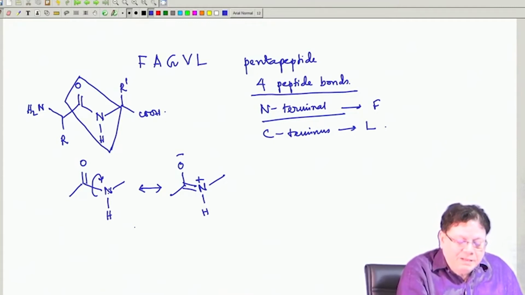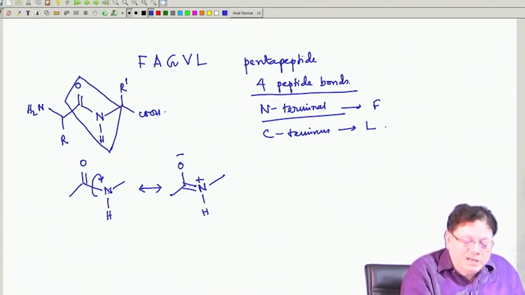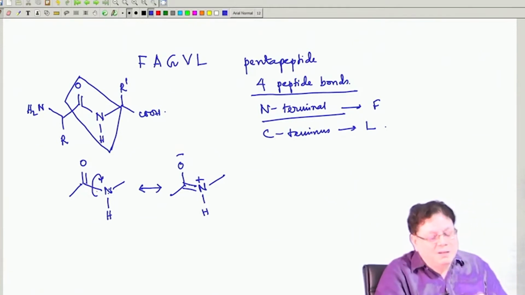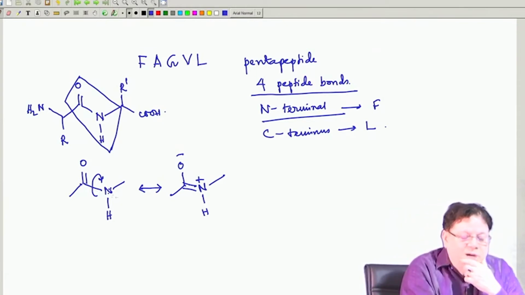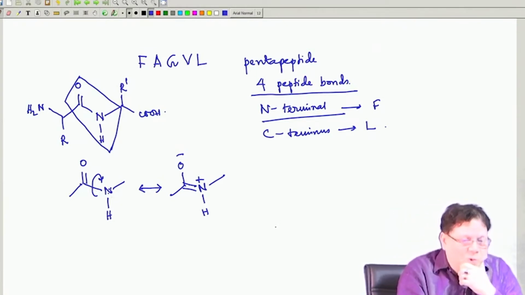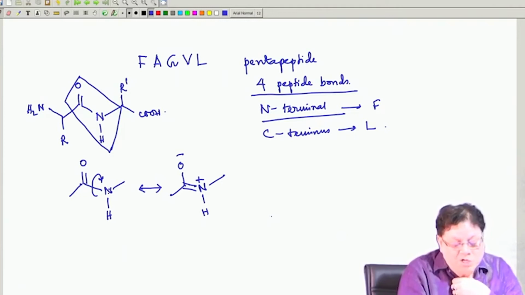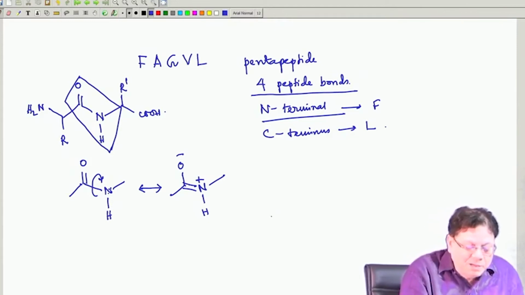Now, if that is the structure, then there is sufficient double bond character between this carbon and nitrogen. So, that explains that this carbon-nitrogen bond is actually quite rigid, and very little rotation is allowed between this carbon and nitrogen. So, that is number one. Number two is